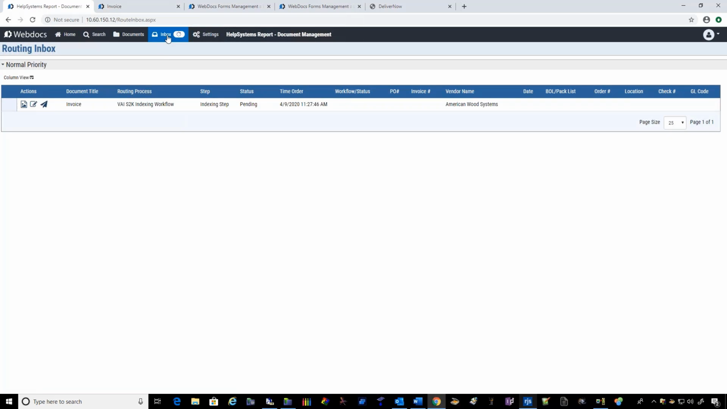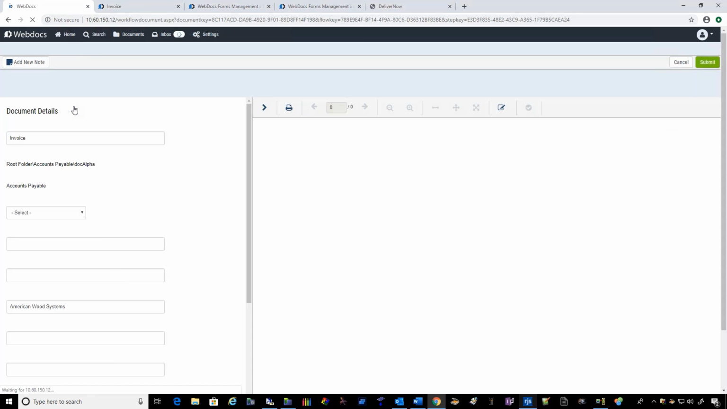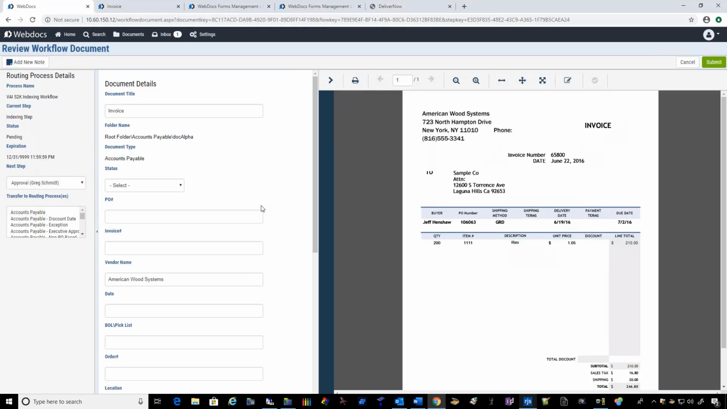So when we're routing documents around for approval, we can have different kinds of inboxes inside the system. We can have normal priority ones. We can have high priority ones. So if you're doing AP processing and other kinds of workflow documents, you can have separate boxes for those documents as they're coming in. Now for the indexing process and the review process, single user interface to be able to